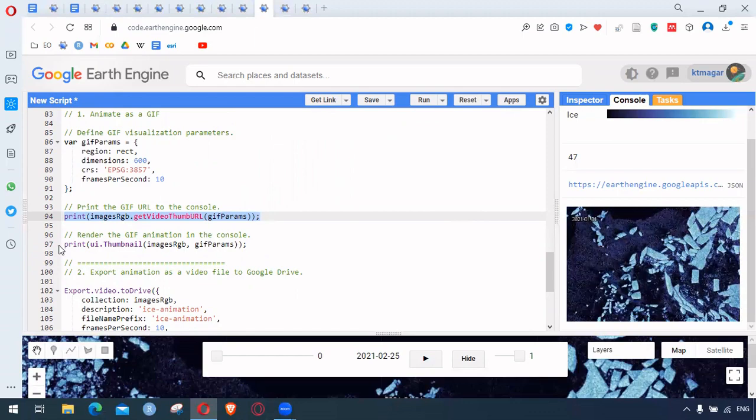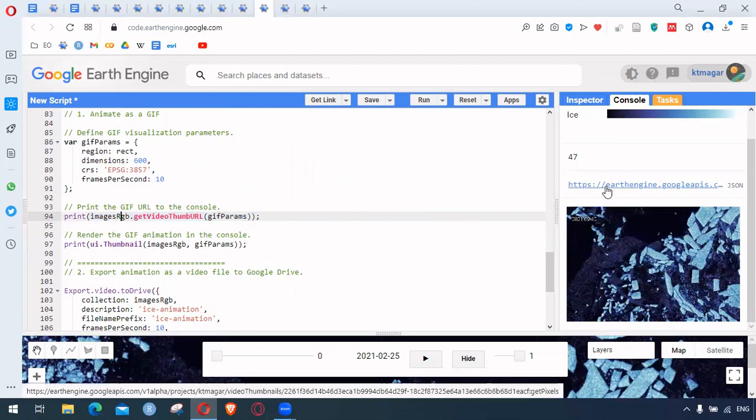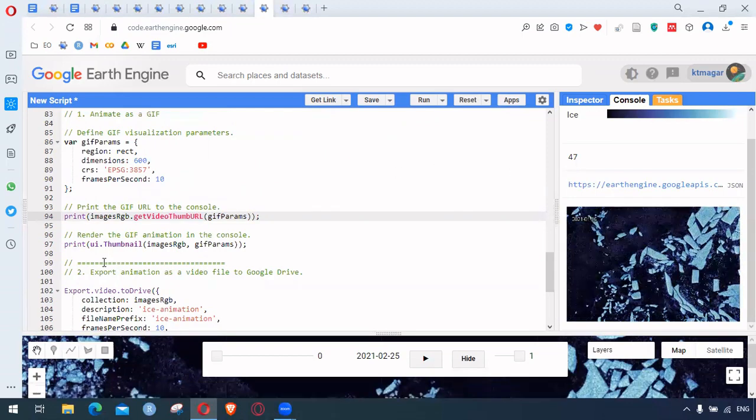And this dot get video thumb URL is showing us this link, and ui.Thumbnail gives us this animation in the console. So this link will give this animation,